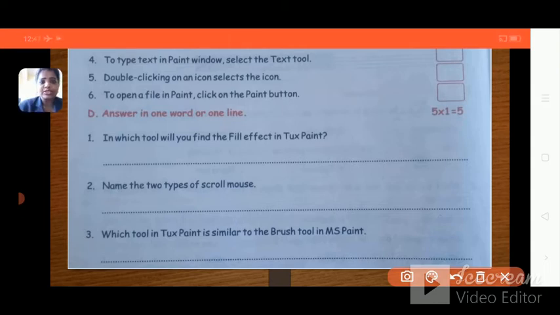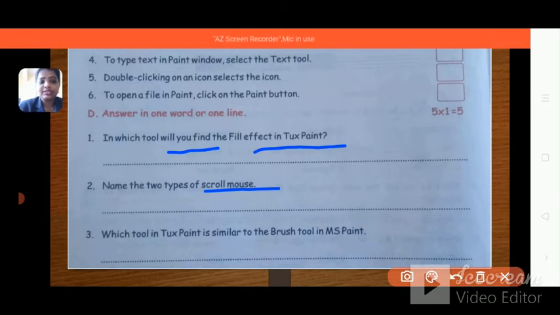See the first question. In which tool will you find fill effect in Tux Paint? It is in the Magic tool. Name the two types of scroll mouse. Scroll mouse are of two types: ball mouse and optical mouse.